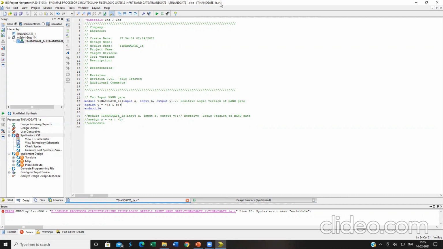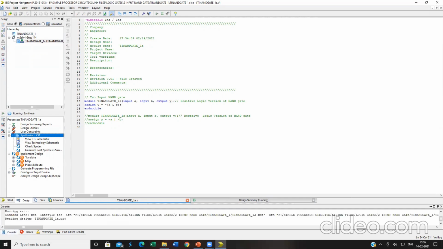Whenever I make any changes, the asterisk will automatically come. Kindly click Control S. As soon as you click Control S, it will come back to a question mark. That means it has not yet been executed. If this orange question mark is coming, it indicates you have made changes and the program is yet to be executed.